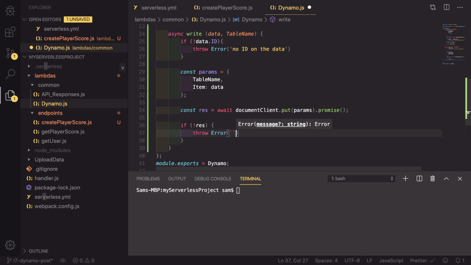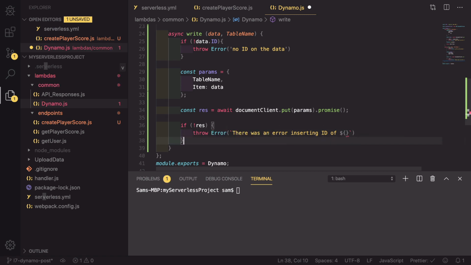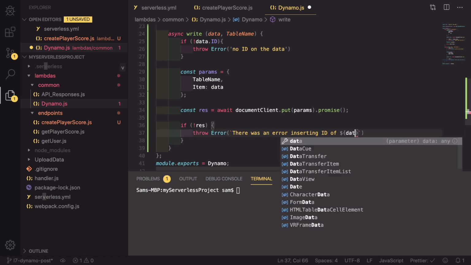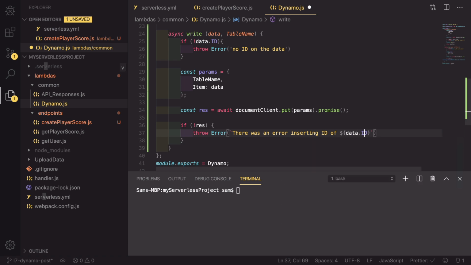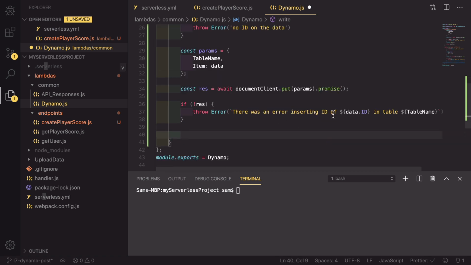And this time I'm going to use template strings to allow us to dynamically insert data and say there was an error inserting ID of data.id into table name. So that's a very descriptive error message which tells us exactly what data and what table we were trying to